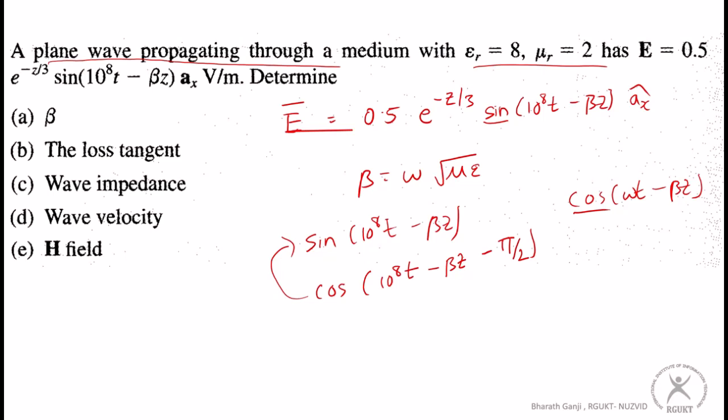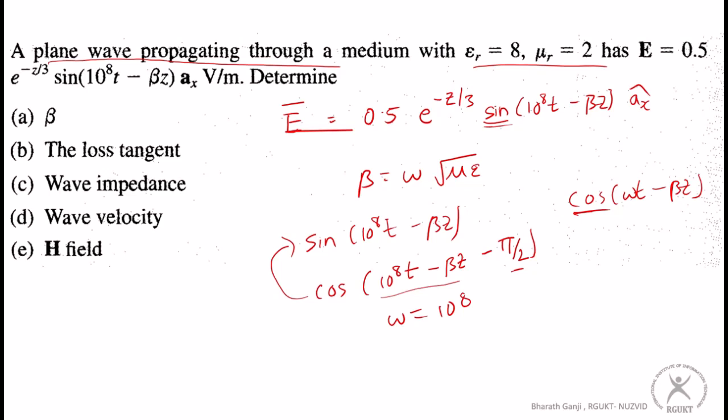It is in the same format, but with some extra phase. I can say there is a minus pi by 2 phase, or simply it's a sinusoidal signal. So if it is not in the general format, you can convert the sine into cos and bring it into the general format. So you can see omega is 10 to the power of 8 in this case,